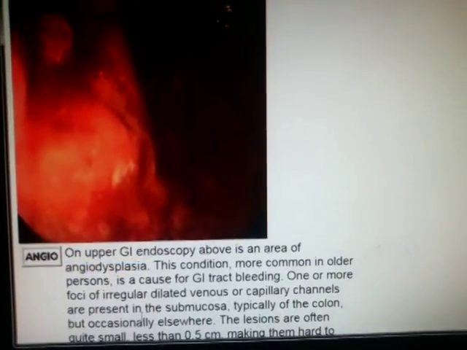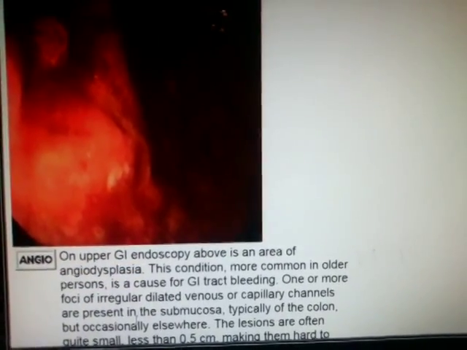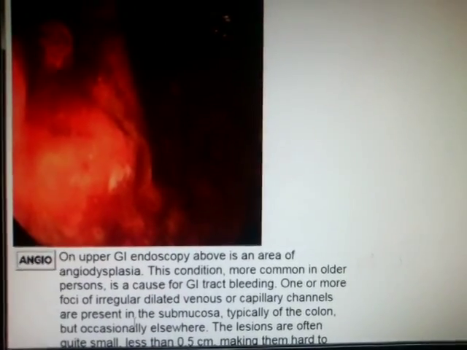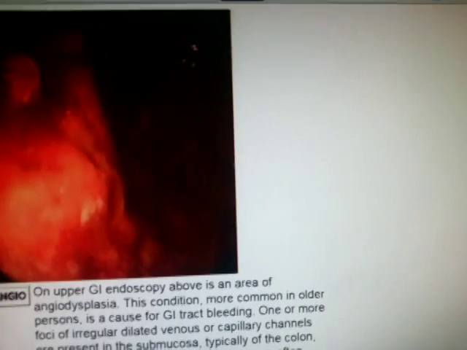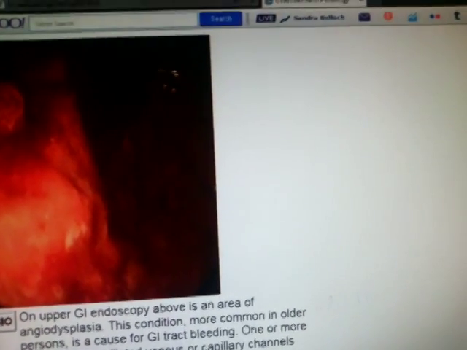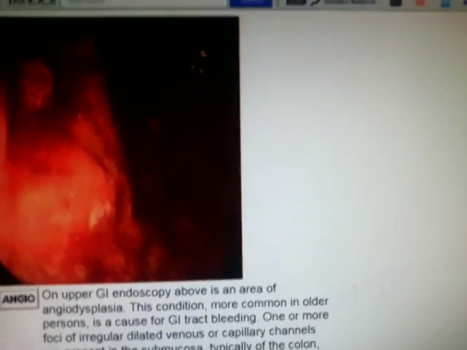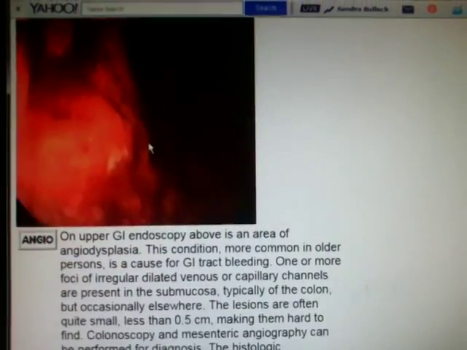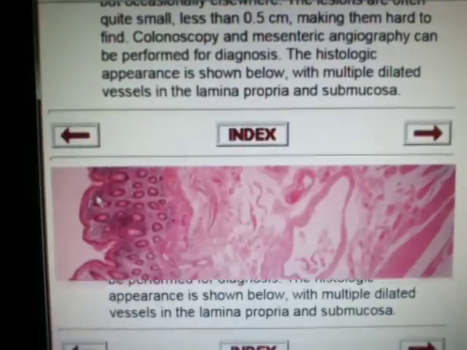Angiodysplasia is a condition affecting elderly patients, and it most commonly affects the right side colon, in which the blood vessels at the submucosal layer are abnormally dilated, and this will lead to symptoms like bleeding per rectum, for example, or abdominal pain. In this patient, we can see in endoscopy the dilated blood vessels, and we can also do the